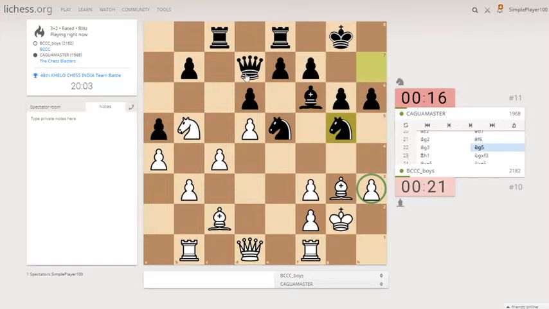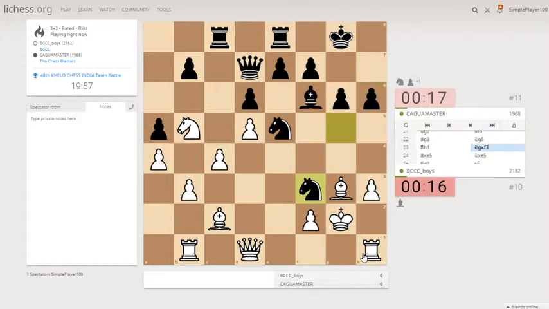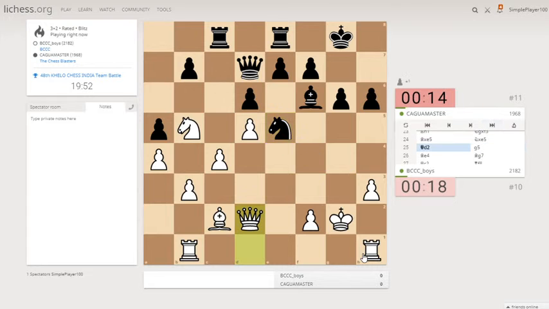Now h3 pawn is under attack twice by the queen as well as this knight. So probably rook h1 was played. Yes, rook h1 was played. Knight takes f3, bishop takes e5, knight takes e5, and queen to d2. Now attacking the h6 pawn here, but I think bishop g5 is not possible because of f4. So pawn to g5 and bishop to